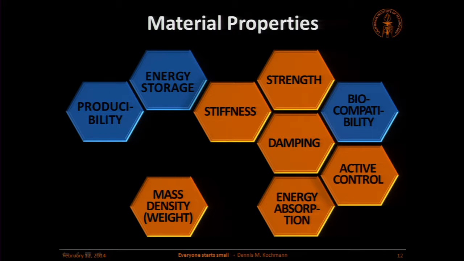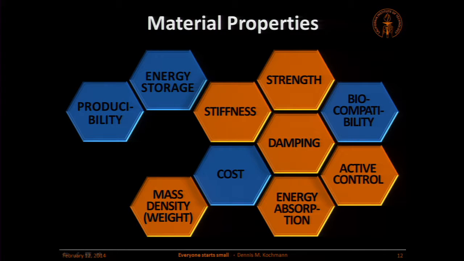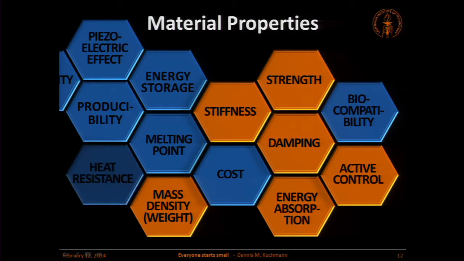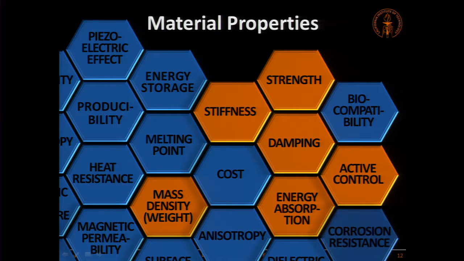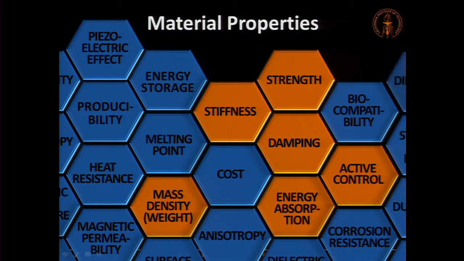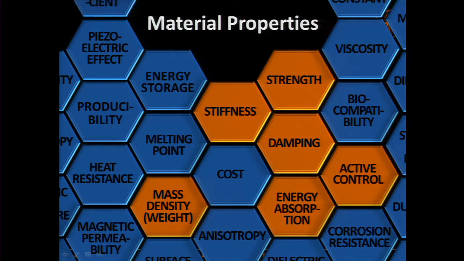And there's many other ones. We want your material to be able to be produced, of course. We want them to be inexpensive. If you want something stiff, it would be easy to make everything out of diamond. Yet, if I had my lab full of diamond, I probably wouldn't be standing here. I would sell it and do something else. There's extremely many properties that we could be talking about that we will not talk about because we don't have the time tonight. Instead, we'll focus on the mechanical properties because I'm interested in the mechanics of materials and the mechanics of solids. And these are the orange ones highlighted here. So let's get started by defining some of them.